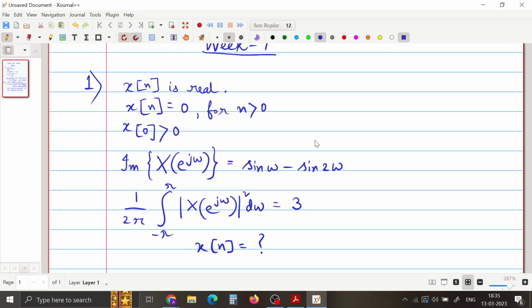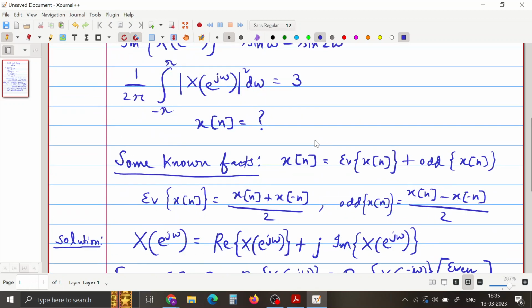So essentially, we don't need to bother about the positive indices of n. For n equals 1, 2, 3, x of n is simply 0. And we don't know the value of x of n at n equals 0. We just know that x of 0 is positive. All we need to find is the value of x of n for negative values of n, that is for n equals minus 1, minus 2, minus 3 and so on. And of course we also need to find x of 0. So